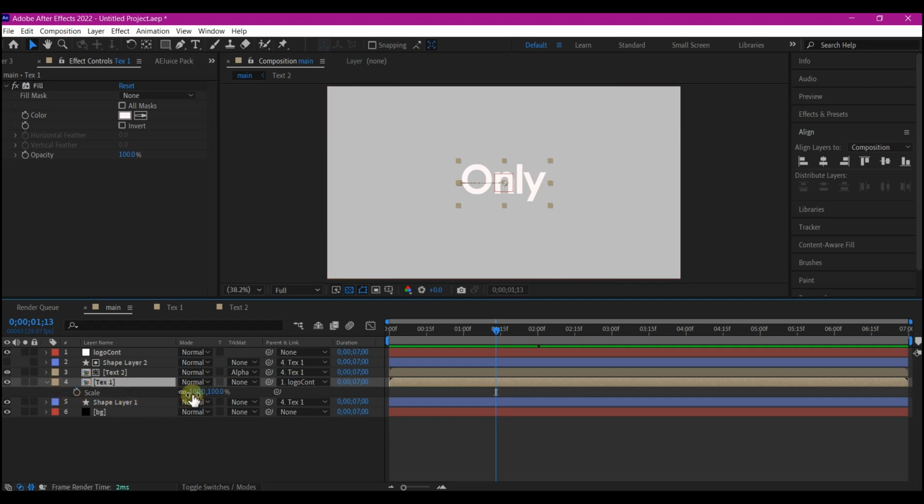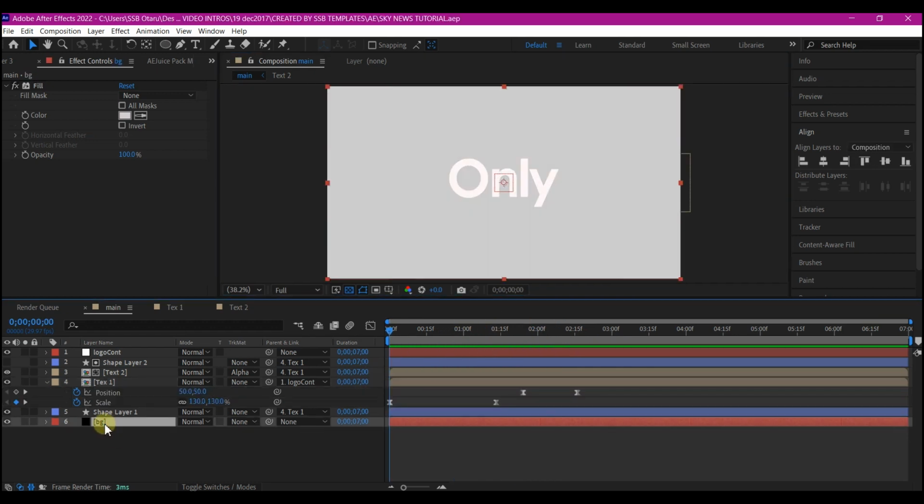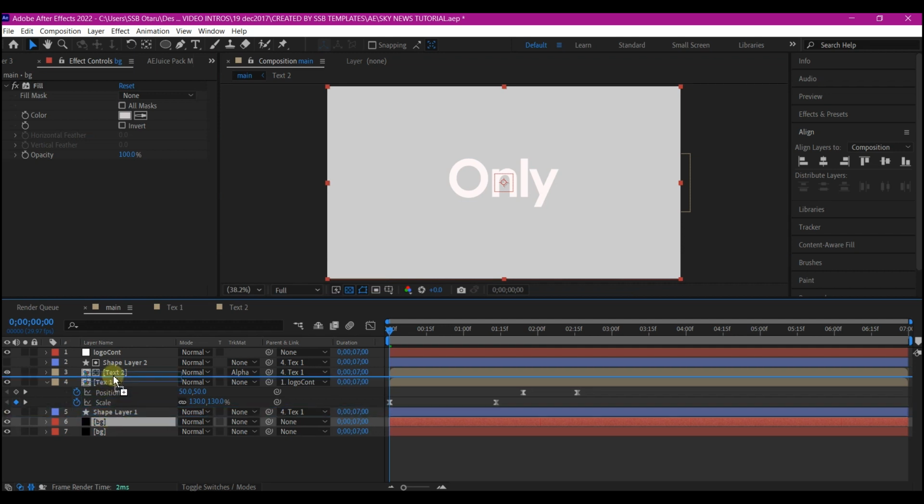reveal the scale properties. Scale this to whatever size you like. So I'm gonna make this 80 and then set a keyframe. Then I'll come back to 0 and make this about 130. Now you have this. Beautiful. Select the BG layer, Ctrl D on your keyboard to duplicate it, then move it above the first text